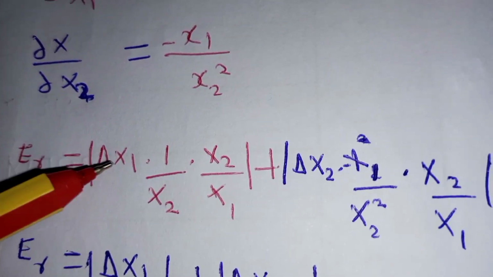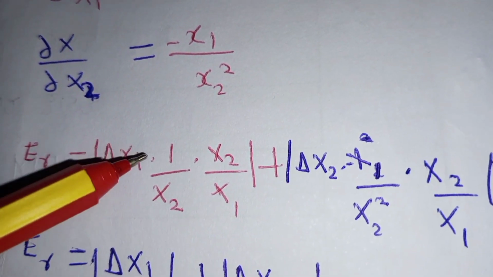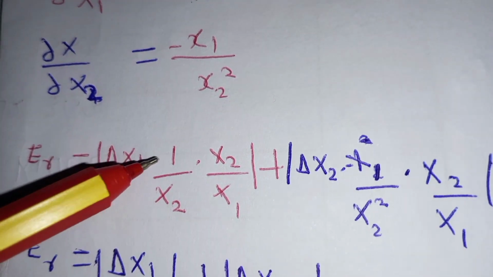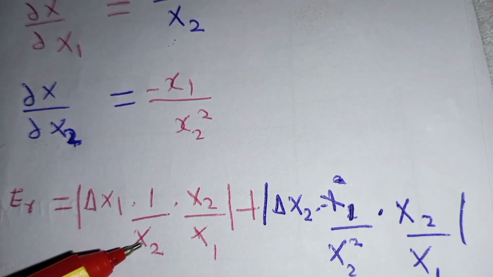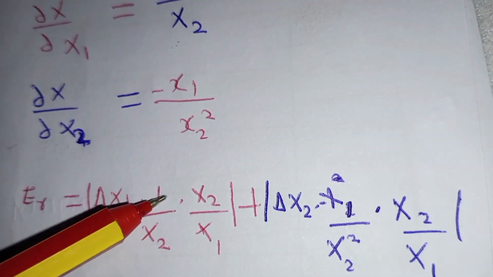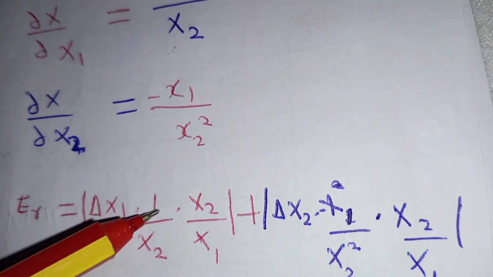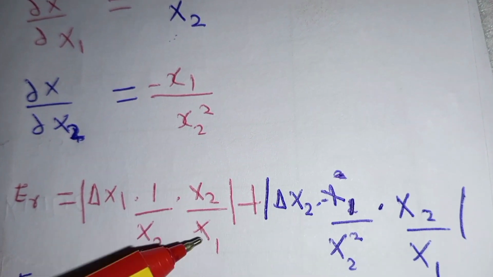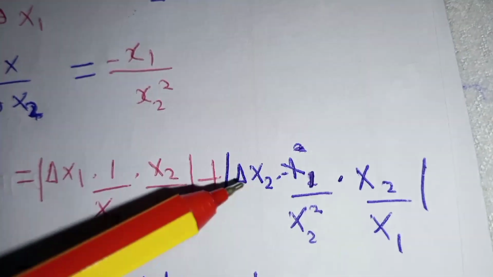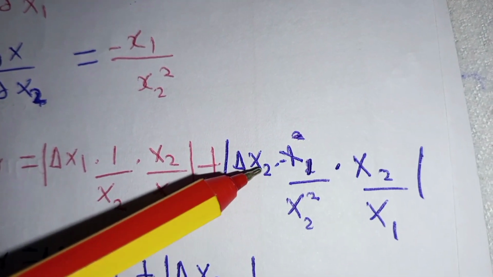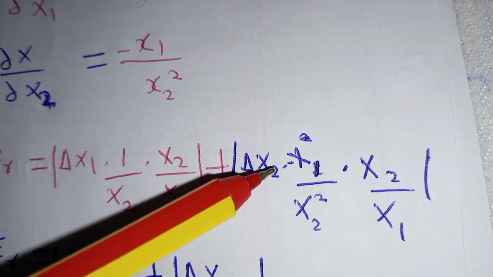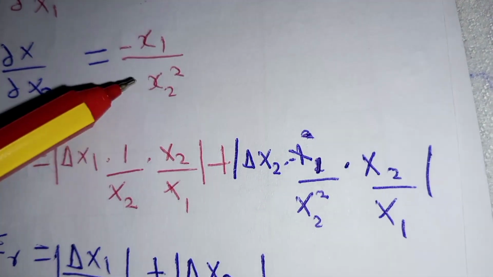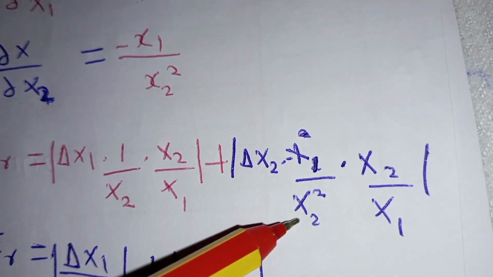Instead of the partial of X with respect to x1, we substitute 1 divided by x2, multiplied by x2 over x1, plus the partial of X with respect to x2, which is this one, so we substitute it here,